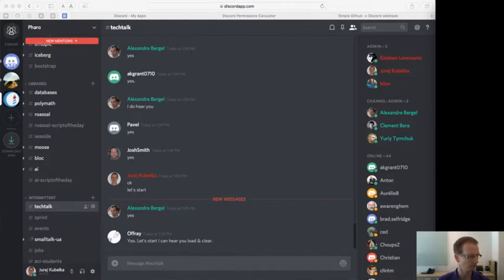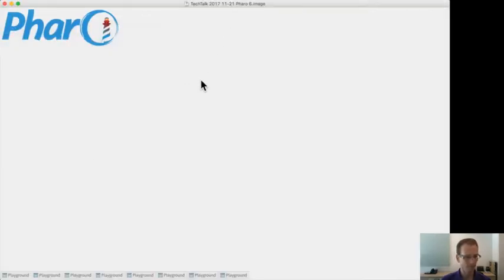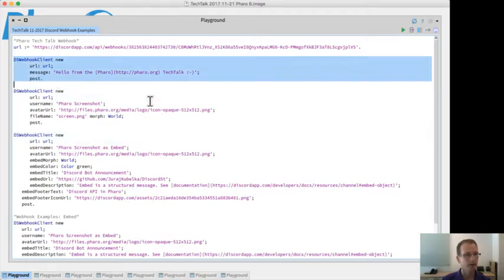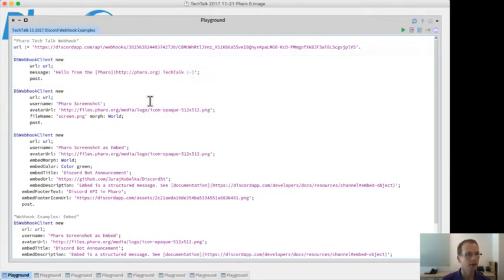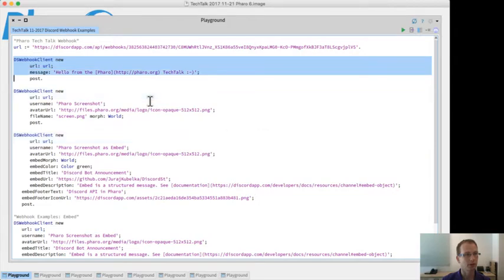I will switch to Pharo, and I will show you the first example. Here is the link of the webhook, which I just copy pasted from the web page. The API looks like this. I have the class WebhookClient, and I need to put in the URL, put a message, and send a post. So if I do this,